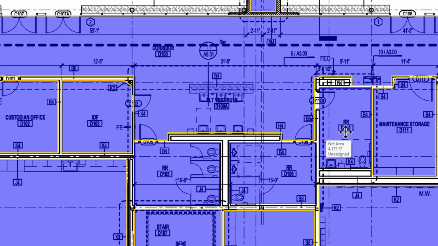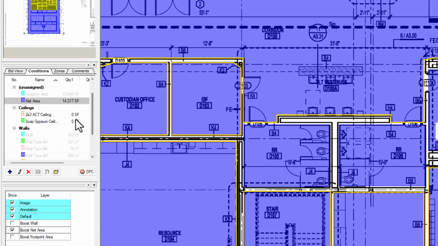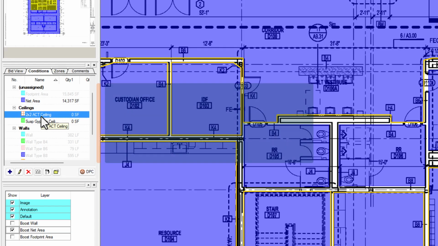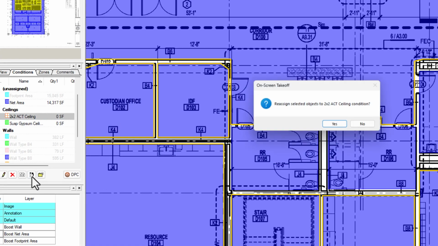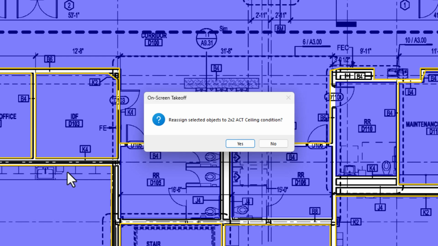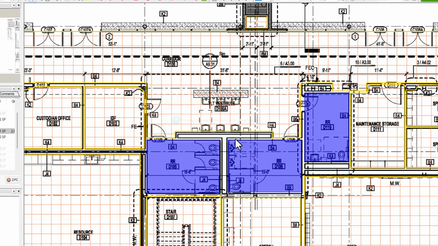Next, go back to the Conditions panel on the left and select the condition to which you want to reassign the takeoff. Then, either right-click on it and select Reassign Objects, or use the Reassign Objects button at the bottom of the Conditions panel. Select Yes on the prompt, and this then reassigns all the takeoff from the original condition